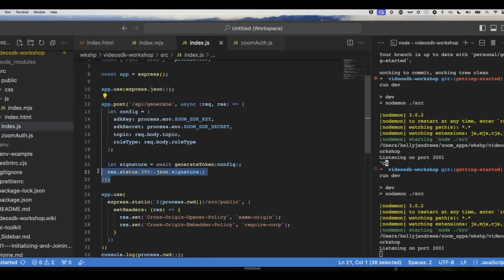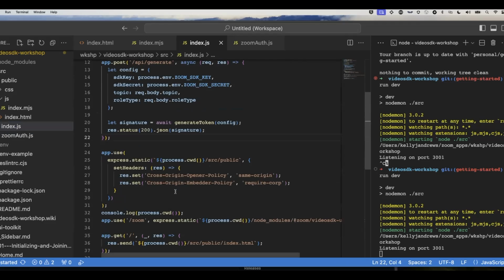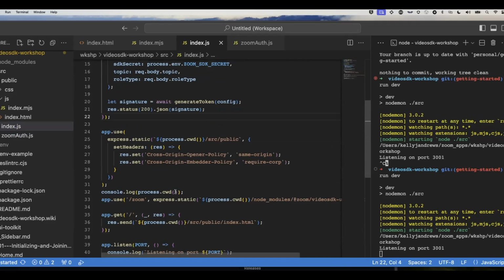So this is that specific route here in Express that gets built. It pulls in the request body, then creates a signature and returns that to the front end, where I can then create a session using the toolkit. There's also a couple other fun tricks here that I've thrown in. One is